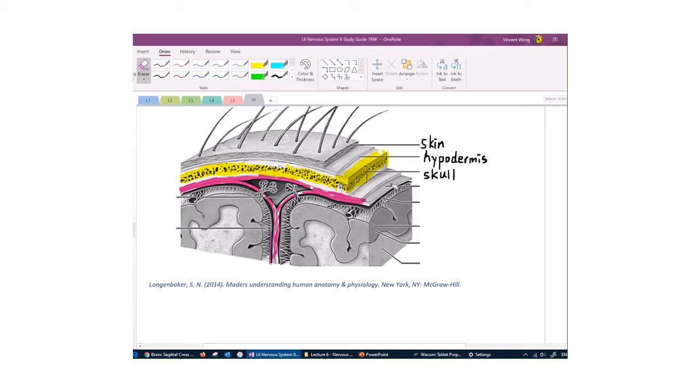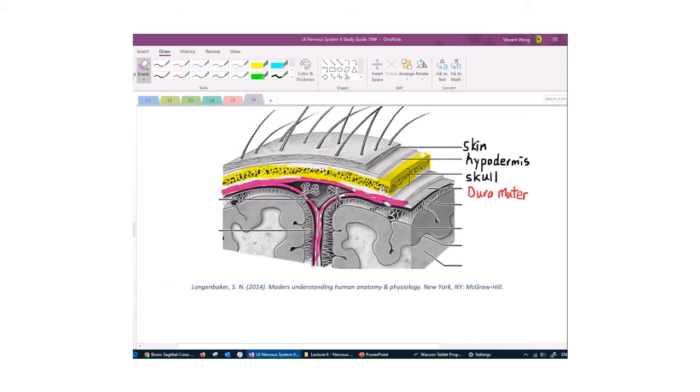These two layers, that is the dura mater. Very durable stuff. It's going to be in direct contact with the skull in the case of the brain, and it's going to be in direct contact with your backbone, your vertebrae, in the spinal cord. Again, they are two layers fused together, but sometimes they open up, and when they open up, this empty space is called the dural venous